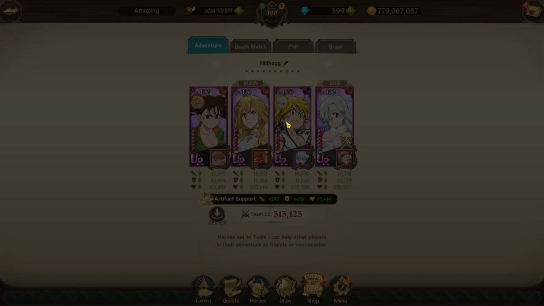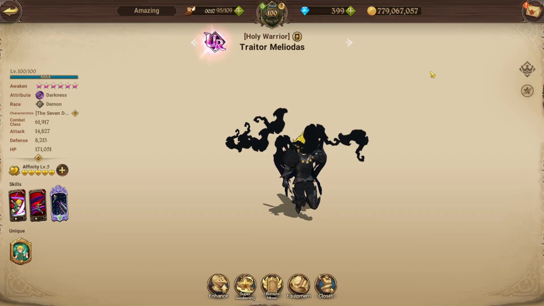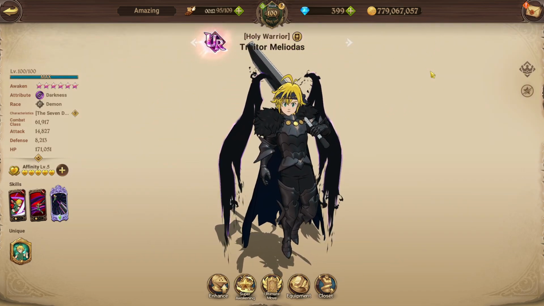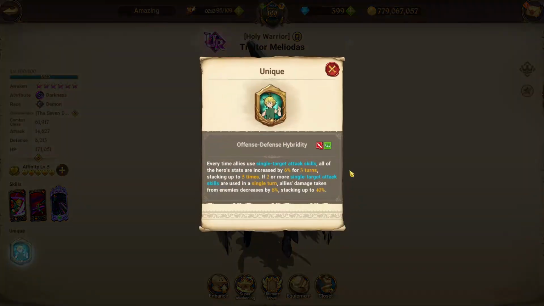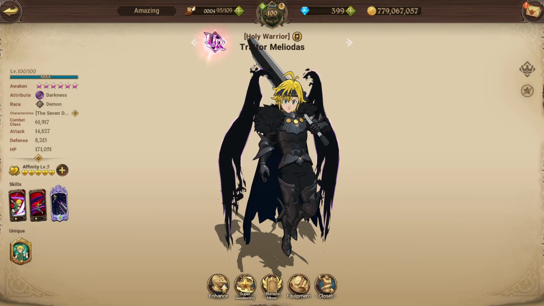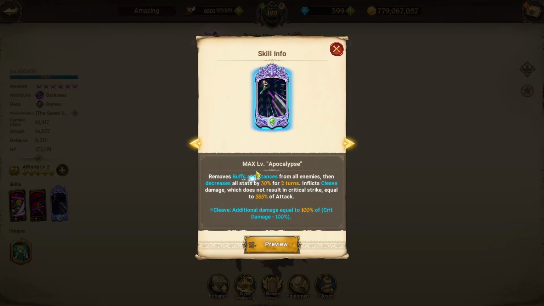Moving on to Trader Meliodas. Trader Meliodas is going to be a character you want to have on the team. The reason why Trader Meli is so good on Nidhoggr is because he actually has damage reduction in his passive, where every time you do double single target, you get an 8% damage reduction, stacking up to 40%, which is very, very good. Meliodas also has buff removal and stance removal on the ultimate, which if you guys have played